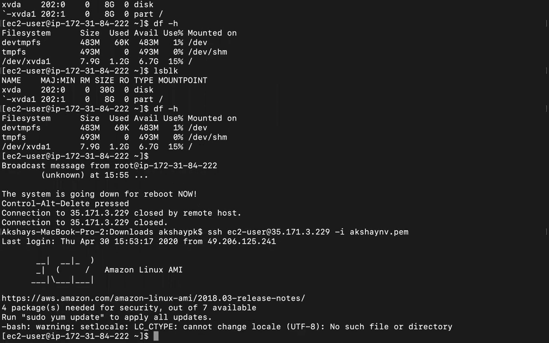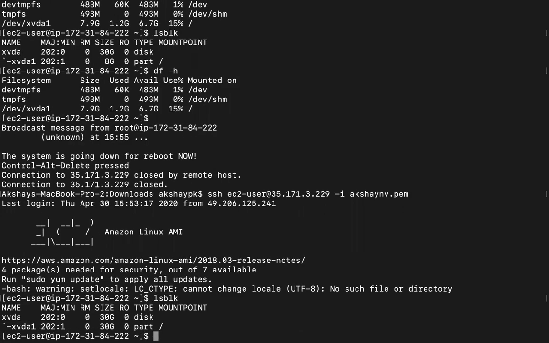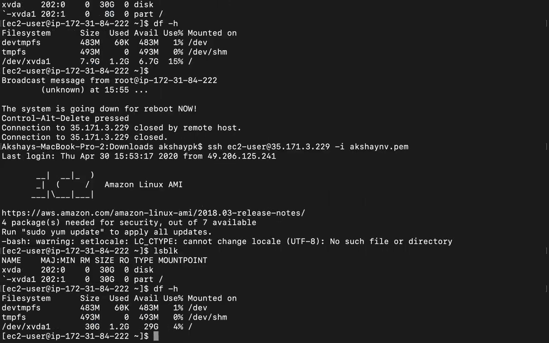So the instance is rebooted. Now let's try both these previous commands, lsblk. You can see over here right now, it has reflected the new increase in size for this particular partition of root. Before, you can see in my terminal, it was only reflecting 8 gigs even after the change in size. Now let's do the other command called df -h, and let's see if it reflects over here also.